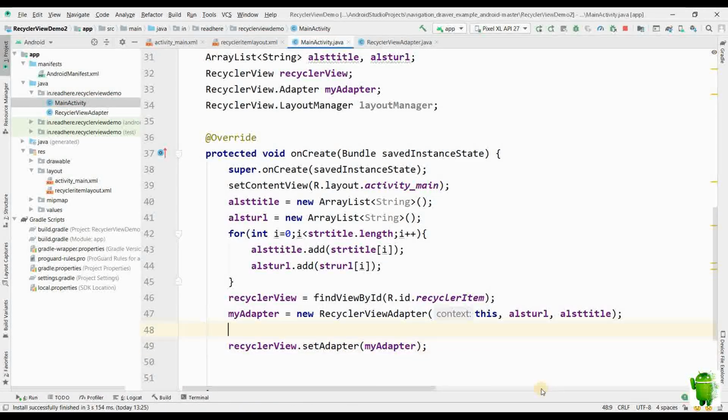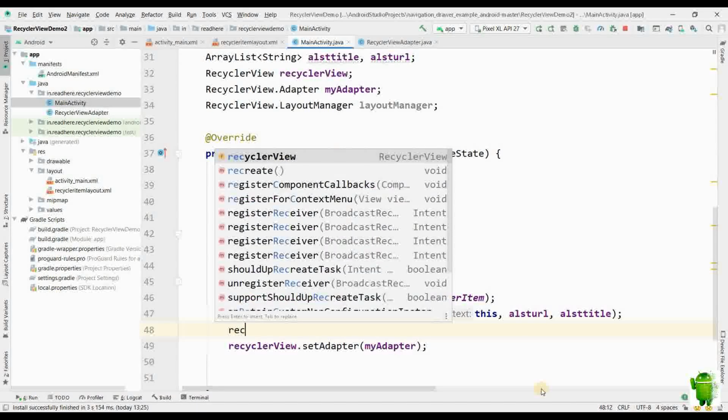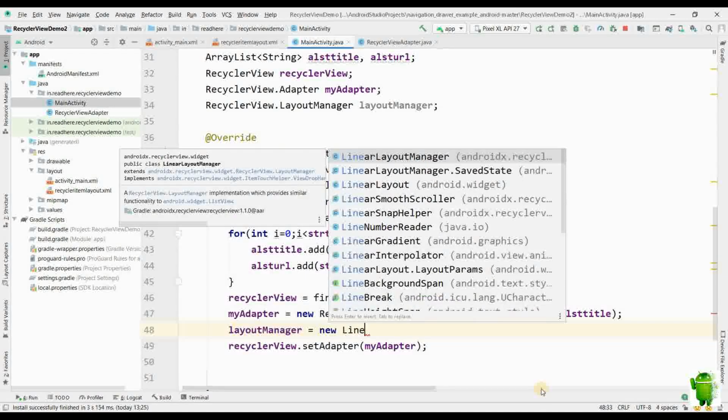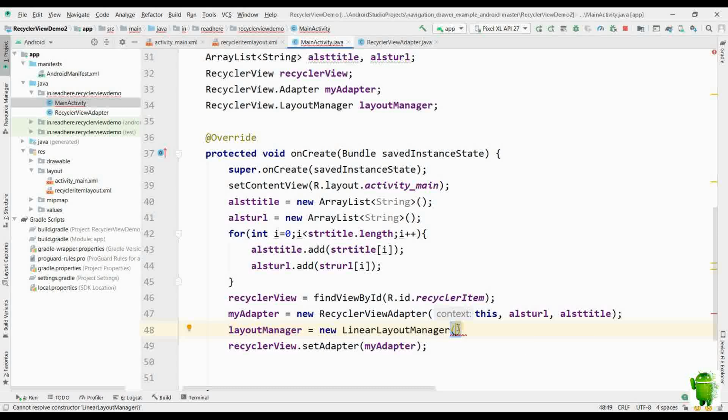Now we'll set the adapter to recycler view, and before that we'll set the layout manager. Recycler view dot layout manager is equal to new linear layout manager, and the argument will be this context.